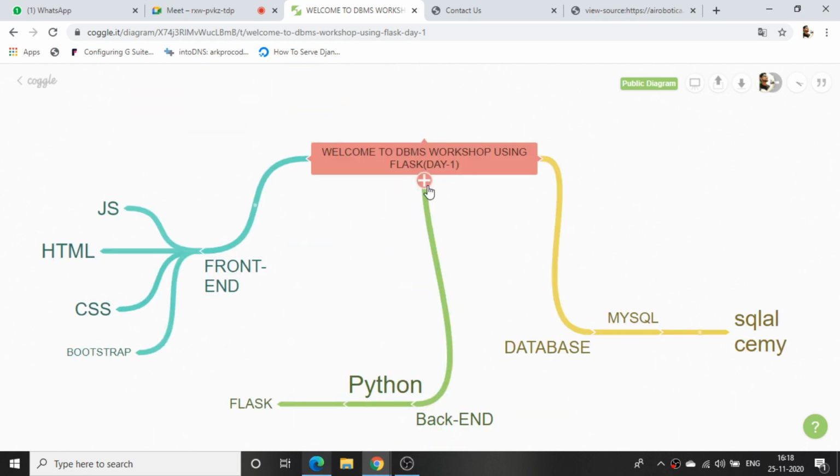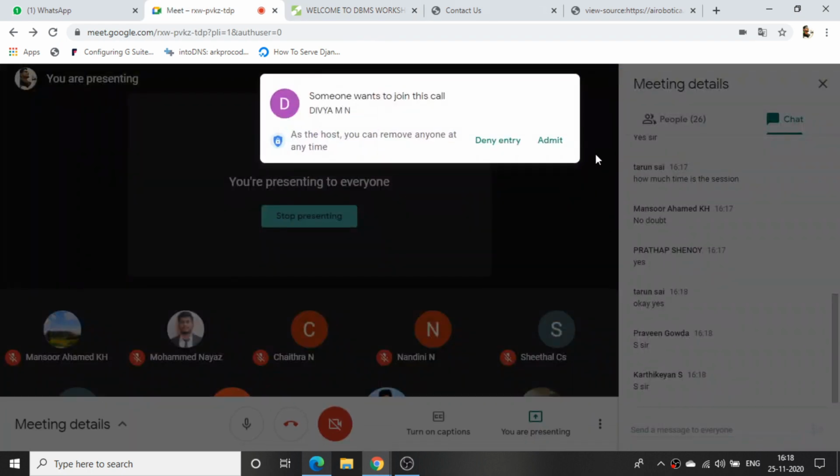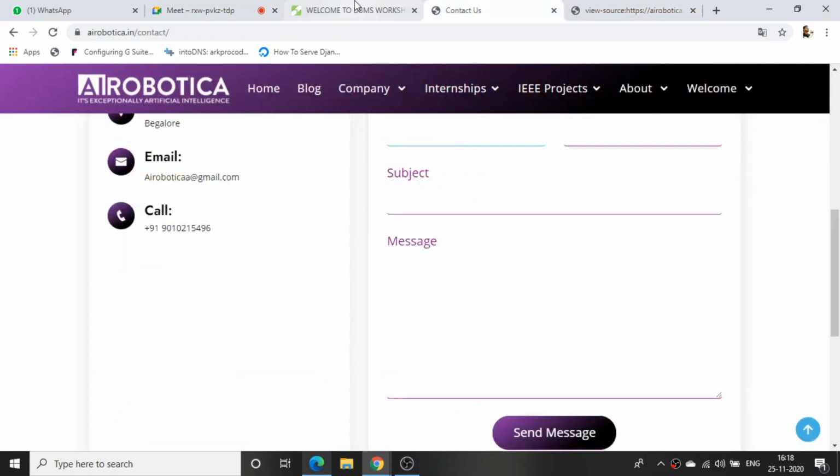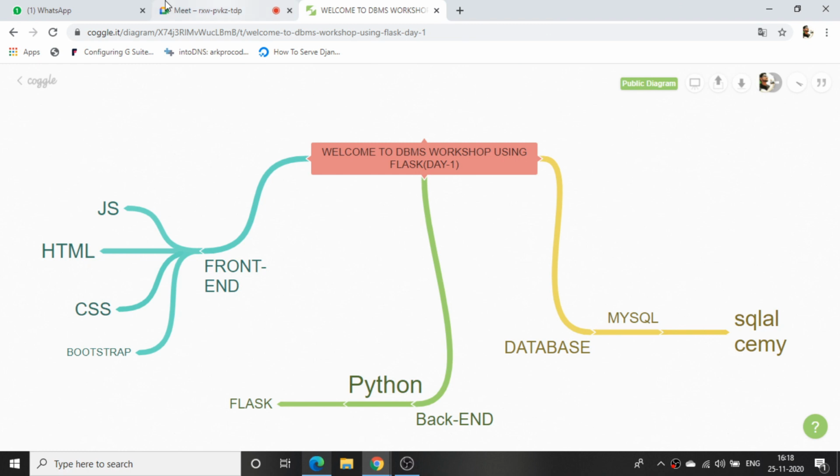Okay, now one question comes up. Fine, you have said this is the front end, that the back end is this and the database is this one. What are the things to be installed first, right? Where will you write this, and how does the database come in? Will we create the database, or use any servers available on Google? That comes next, right? First I'll tell you what installations are to be done for Python. When it comes to Flask, we'll tell you what needs to be installed. So we'll just close this.